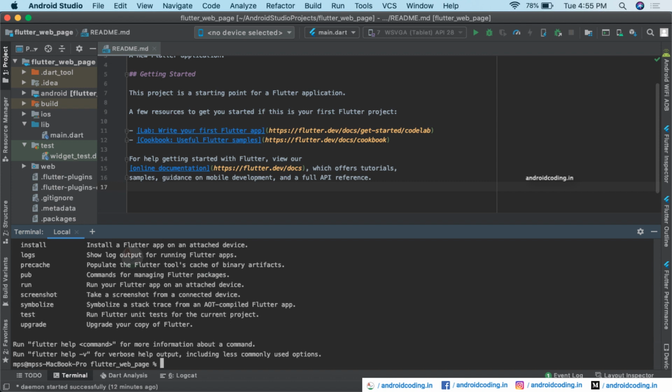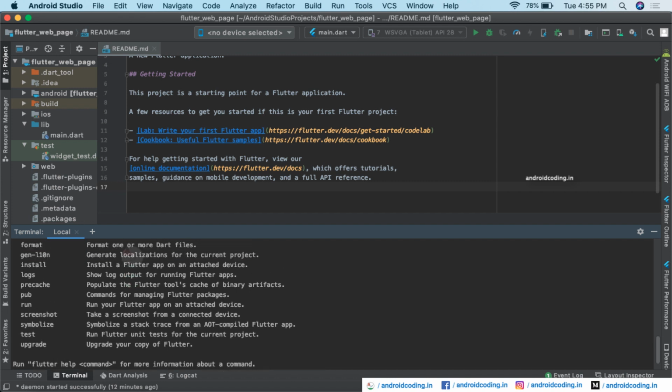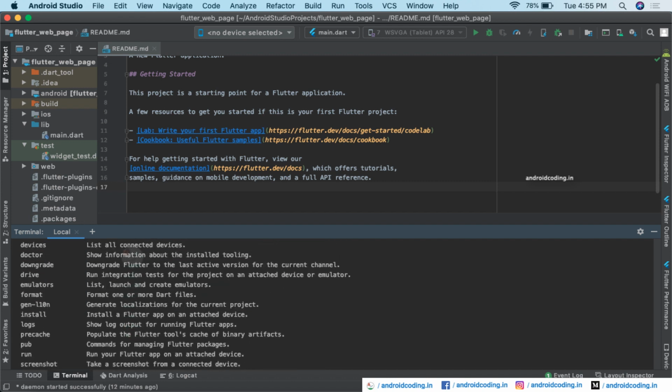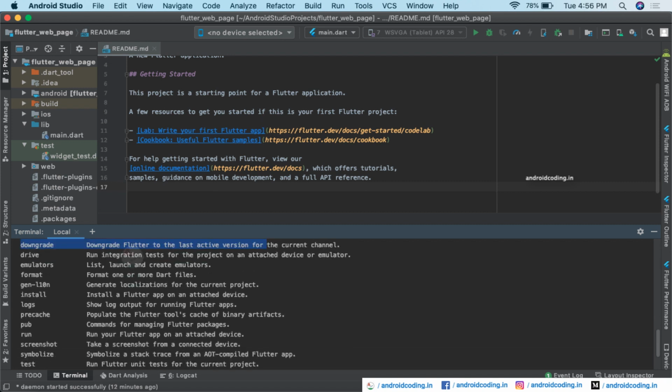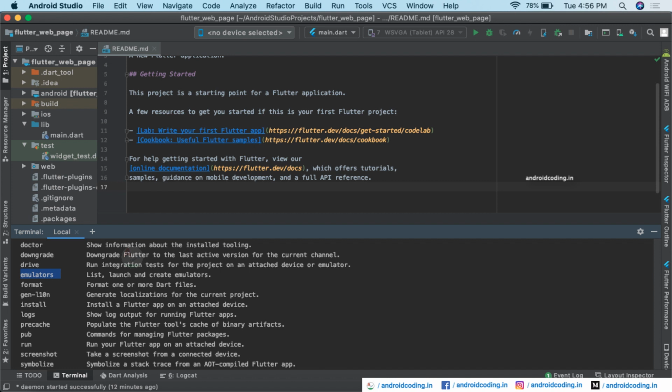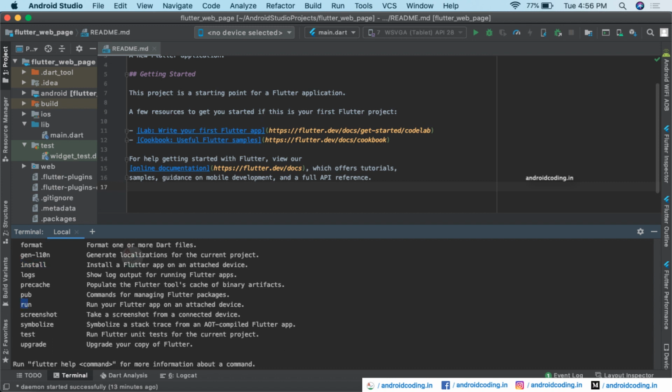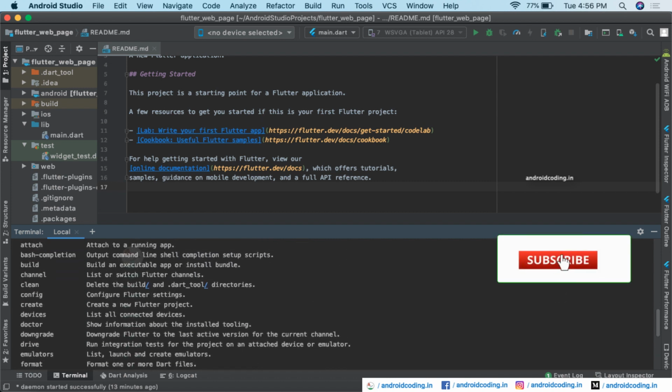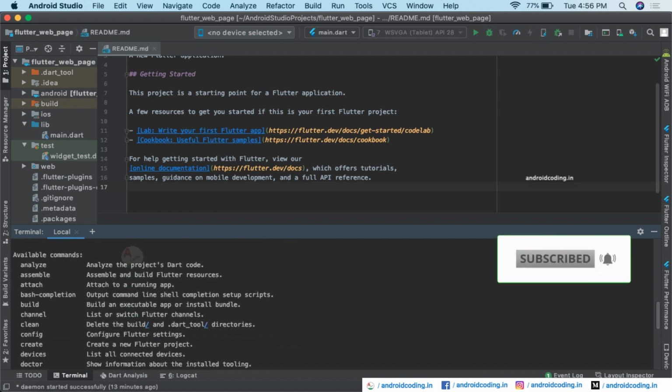This is the particular command which we use now, flutter upgrade. So we are upgrading our version of Flutter, and after which if you are not satisfied with the latest version, you can also downgrade. Flutter also provides an option for us to downgrade the current version here, and all these are the emulators. If you are running any emulator, you can find them here and run the code onto those emulators with the use of the flutter install command and flutter run command, and this one is for taking screenshots. All these commands are easy to understand as they also provide some description.